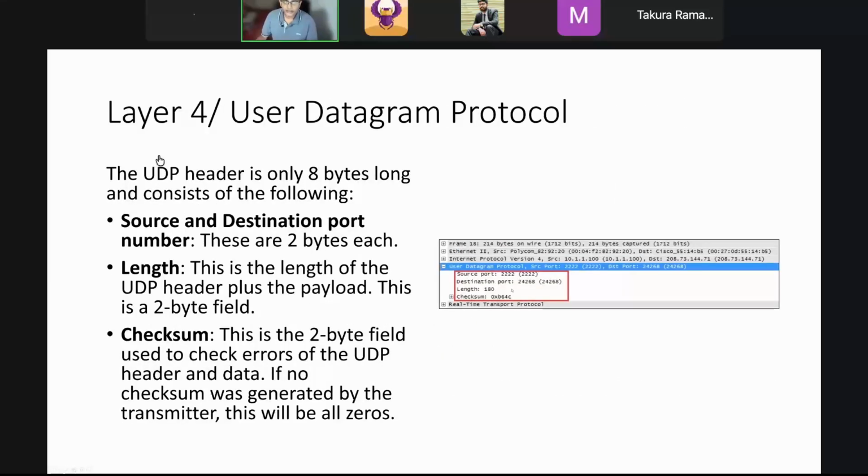You can see the layer 4 UDP header has only 8 bytes, the simplest form of layer 4. It has a source application port and a destination port, since the transport layer carries the application port ID. In this case, the source port is all zeros and the destination port represents 24,260. And the length